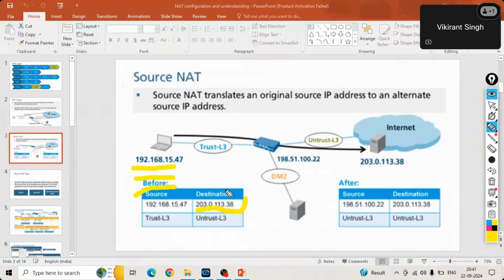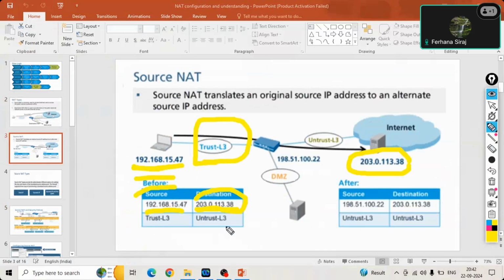So this is the destination. This is not something which we have. This is destination. This is requesting. But we only know the source and destination. We don't know the public IP right now, right? You know the IP address of your computer, and you know the destination IP address because you want to access Google. You know the Google IP or Google URL. So you only have these two pieces of information.